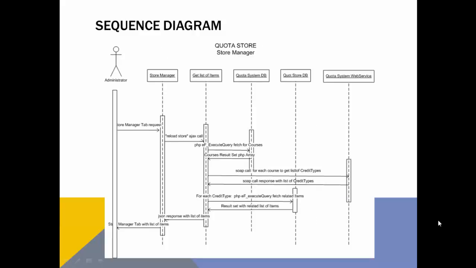This is the sequence diagram for the Store Manager. Similar as before, the administrator clicks on the Store Manager tab. This triggers an AJAX call, which executes a PHP function. That PHP function calls a database API that fetches the list of courses, and for each of the courses there is a subcall